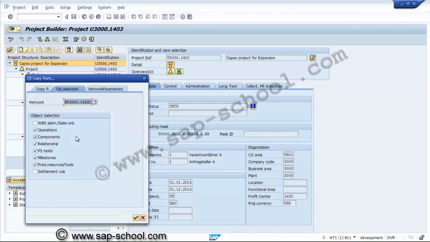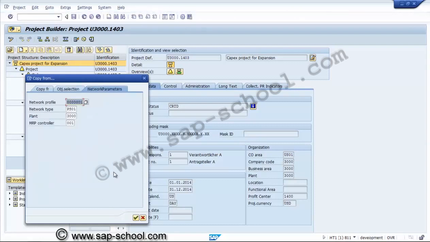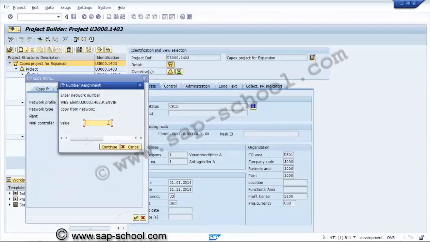Object selection, whatever we require, everything, and parameters also we require the same. Copy. Now it asks what is the name for the new network. We have to mention the number for the new network.